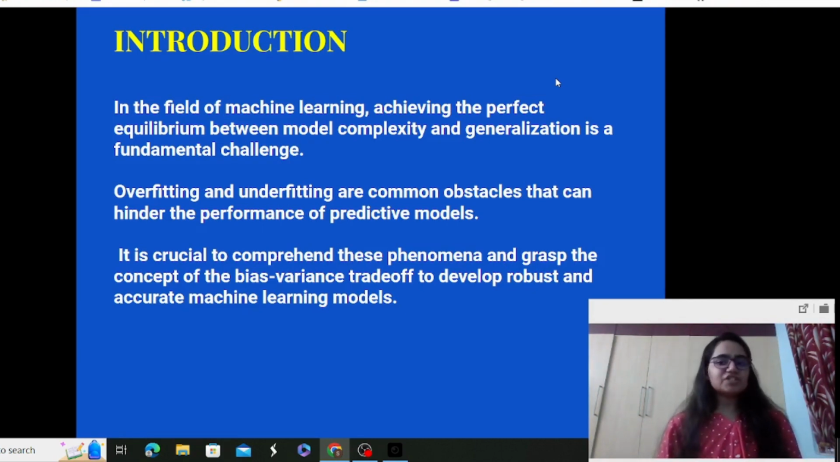So, in the field of machine learning, achieving the perfect balance or the equilibrium between model complexity and generalization is a fundamental challenge. Of course, it's very difficult in practical scenarios when you're dealing with data which is too noisy, or data which is very less in quantity, or we can say when you have a dearth of data,